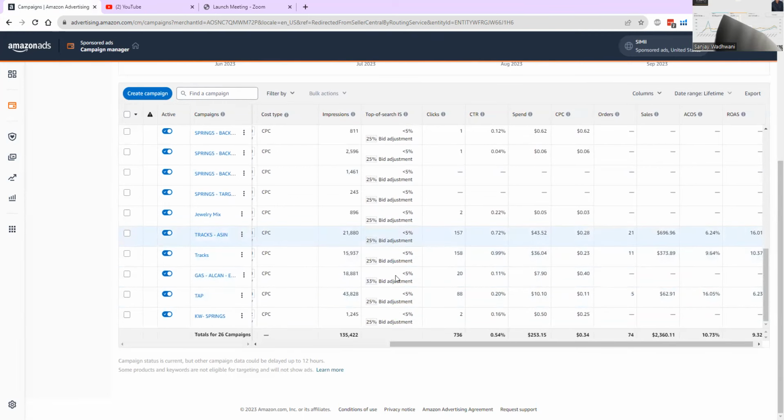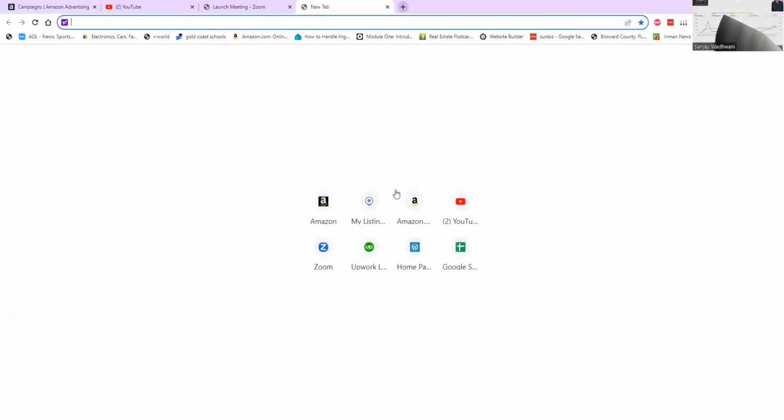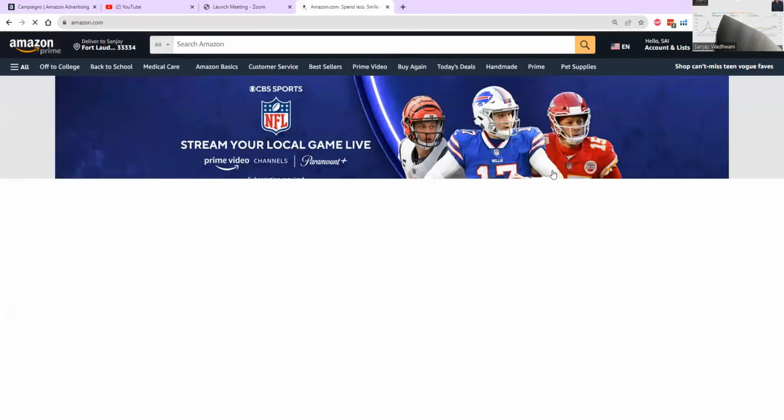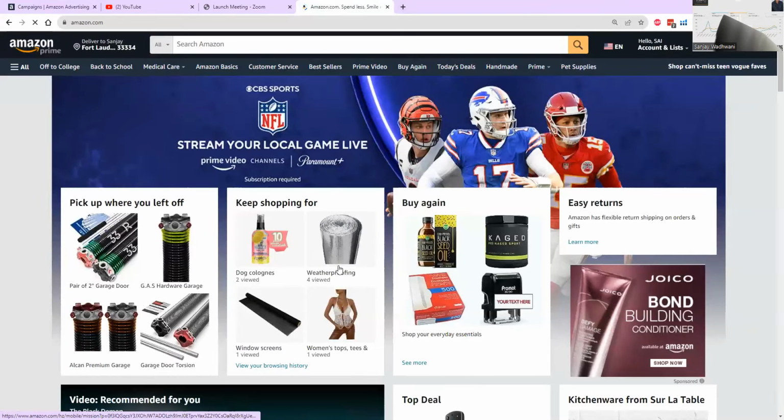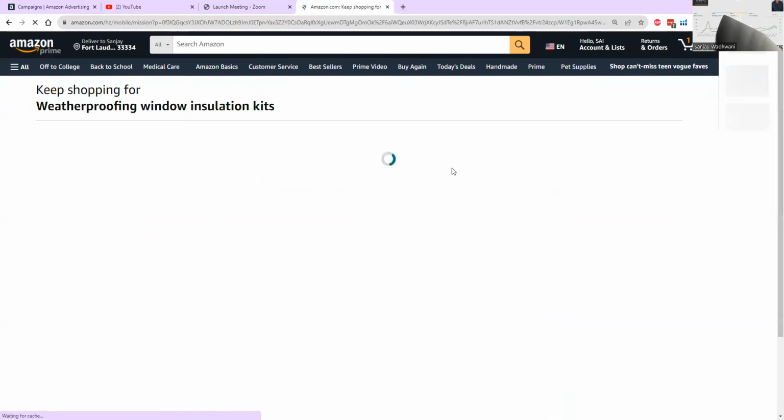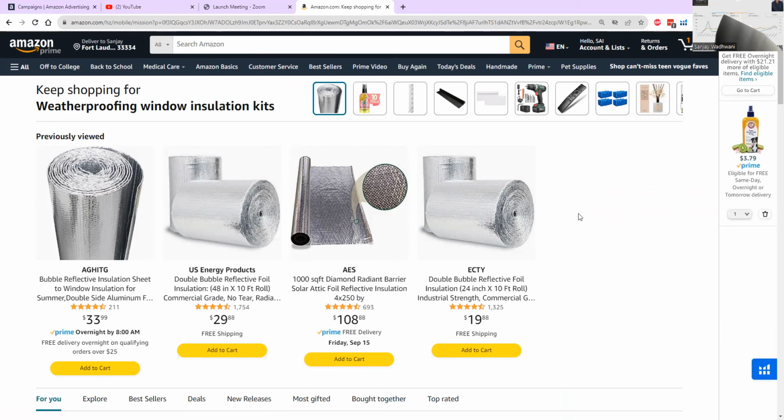And how do you launch a perfect campaign? I'm going to show you something. So let me go into Amazon. Let's say we have this product right here, and the keywords that you are going to target in this listing. There are several ways to launch perfect campaigns, and for one product, it doesn't have to be one campaign or 10 campaigns.